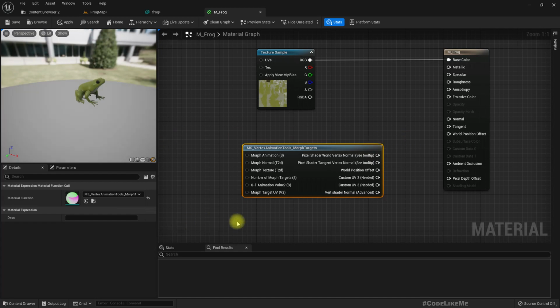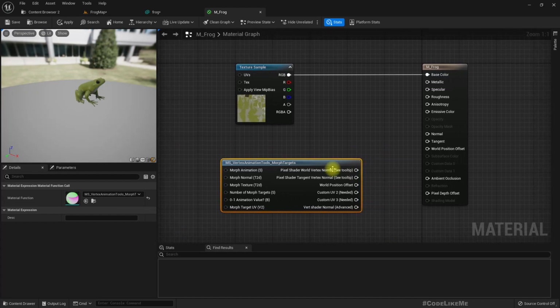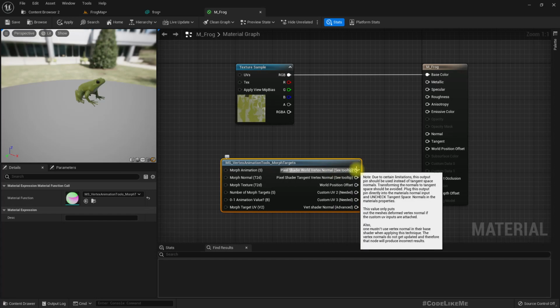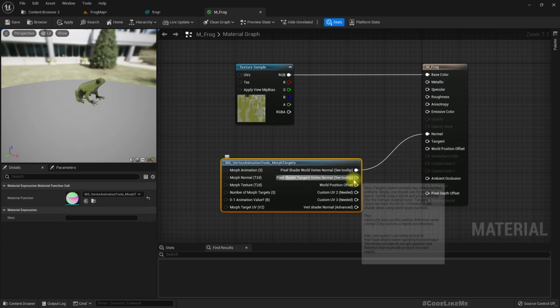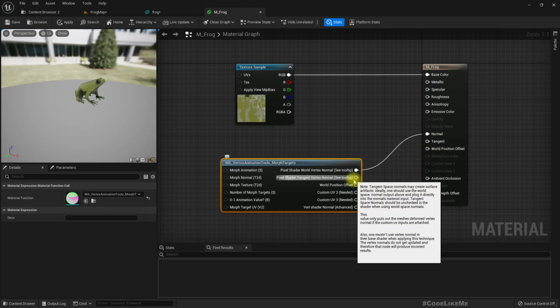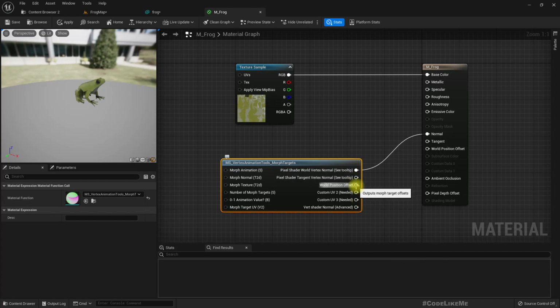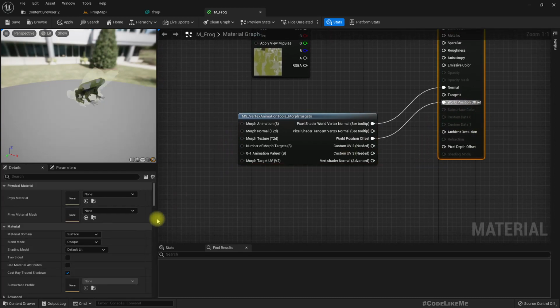So here we have to put vertex normal into the normal, and pixel shader vertex normal, we don't have to connect this one. World position offset into world position offset and